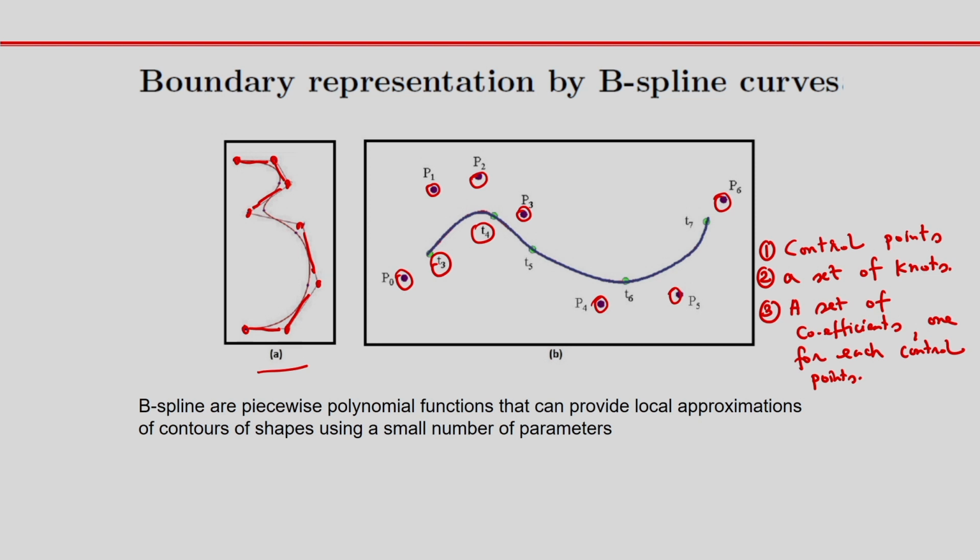I can consider the curve is approximated by line segments connected between the control points. In this case, the degree of the B-spline polynomial I can adjust to preserve smoothness of the curve to be approximated. And the B-spline allows local control over the shape of a spline curve. So based on the control points, the set of nodes, a set of coefficients, and also the degree of the B-spline polynomial, I can represent a particular boundary. This concept of boundary representation by B-spline curve I am going to discuss in my next class.